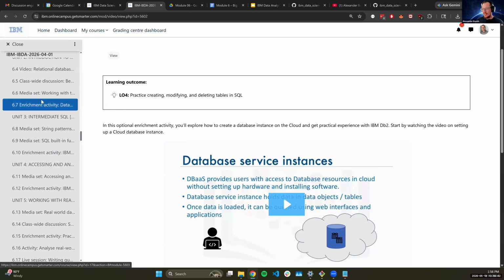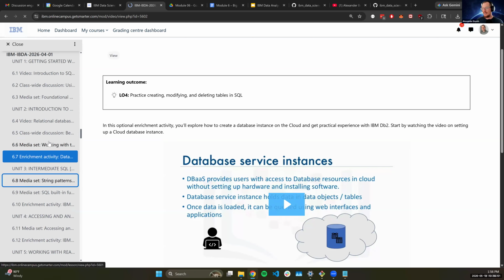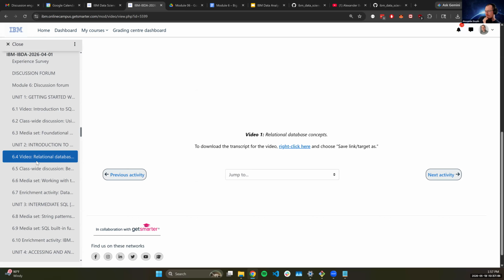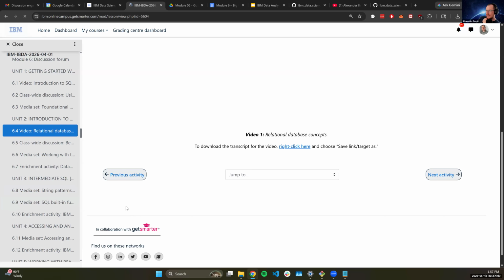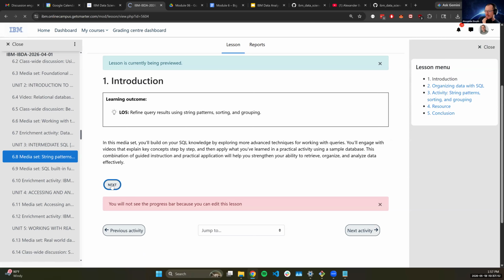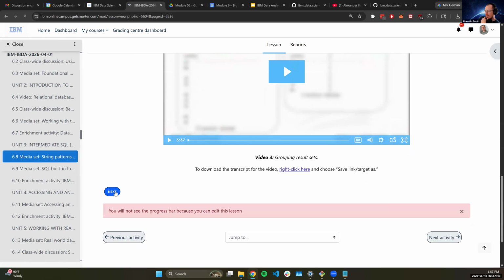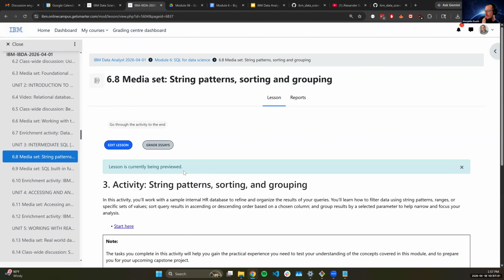Cool. So let's jump ahead to the next type of activity that you'll see here. Let's start with 6-8. Or actually, I want to do relational databases. Oh, maybe we'll come back to that. I want to show you the second type of activity I run into. Let's jump to the second type of activity that you'll run into, and then we'll focus on defining databases, talk about the history a little bit, and then get into some good work. So make sure you're watching all the videos, reading the transcripts on your own time, and let's see if this is the right one I want to look at.